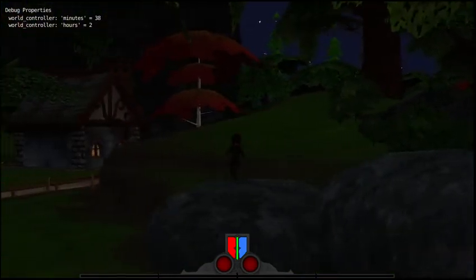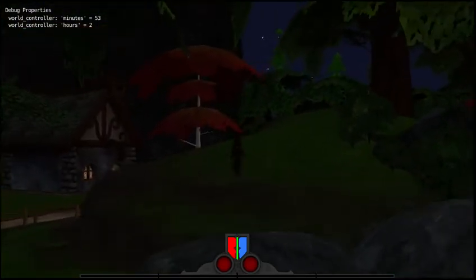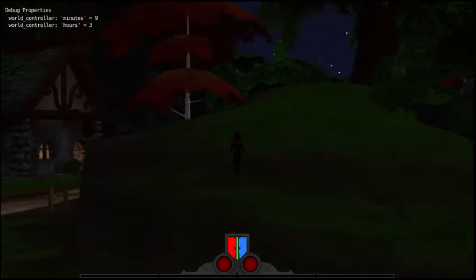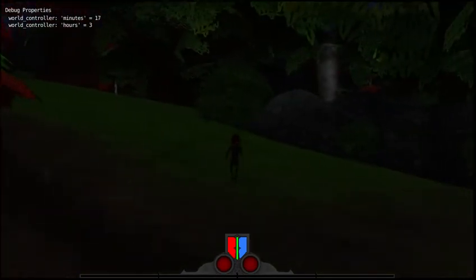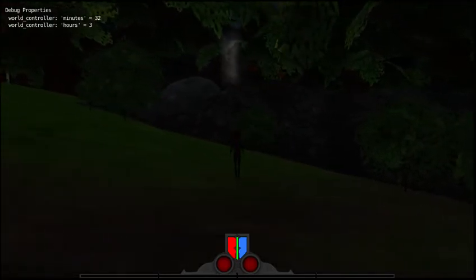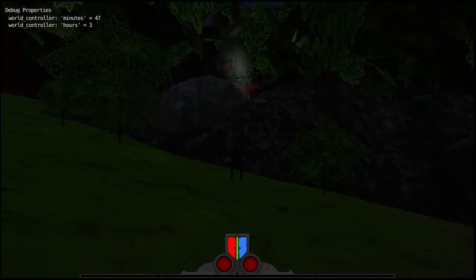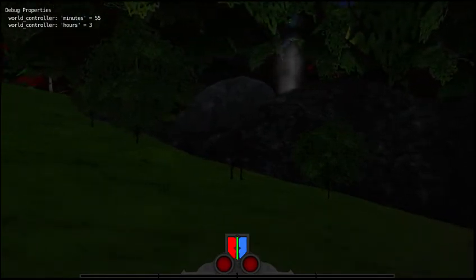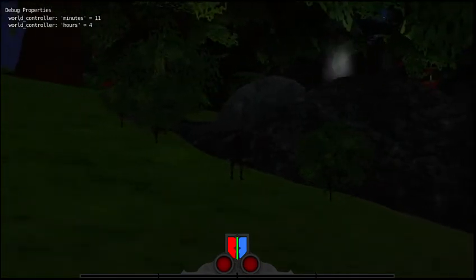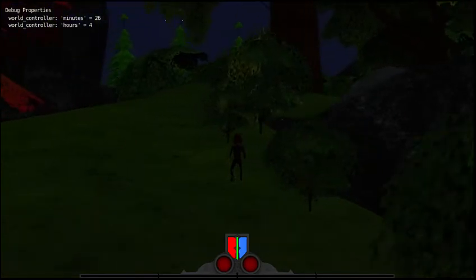So as with everything, as I keep adding things, every time I add something small or do some changes, it leads to a lot of breakages, or at least some minor things that I have to fix or change. But so particles, that's been the big thing I've been working on. And as you can see, you might be able to see over these rocks here, there's some smoke, and that's part of the particle system. There's obviously something behind there, like a fire, which I know for a fact it's a fire.